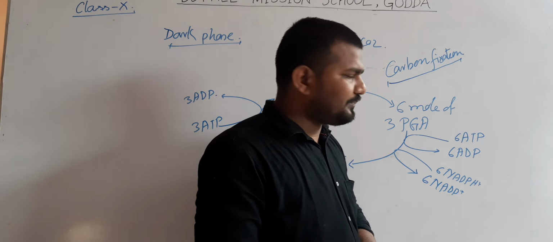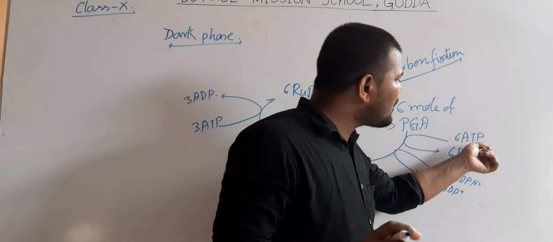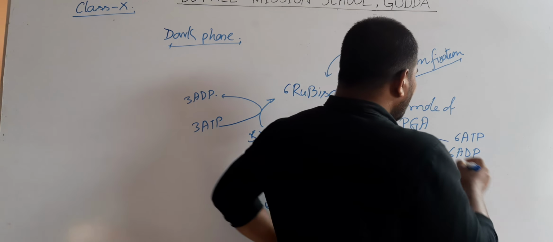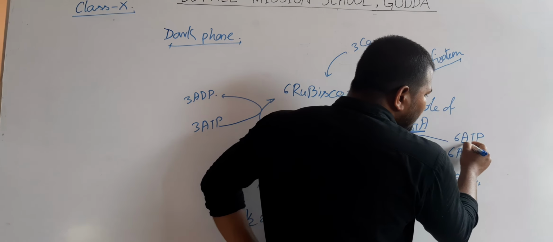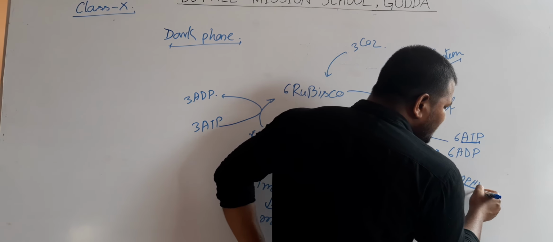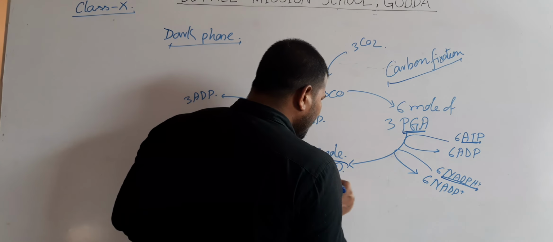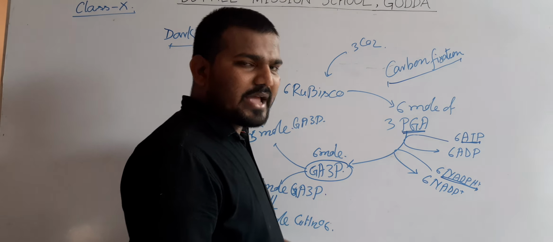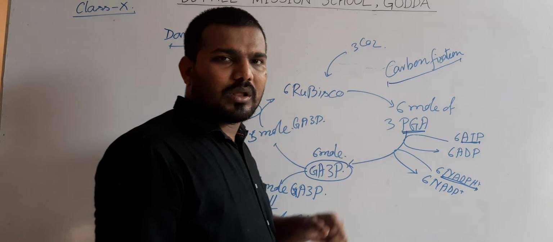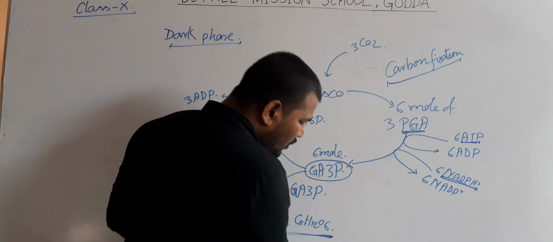Now this phosphoglyceric acid will be converted into phosphoglyceraldehyde. But how? Here we find the use of ATP. ATP is the energy currency. So PGA will consume 6 ATP in the presence of NADPH, and they will produce GAP, glyceraldehyde phosphate. Now this glyceraldehyde phosphate is produced in 6 mole. 1 mole is going to give rise to half a mole of glucose